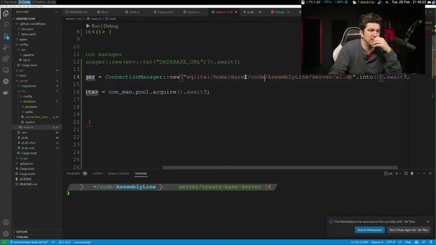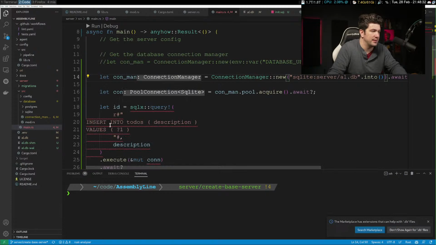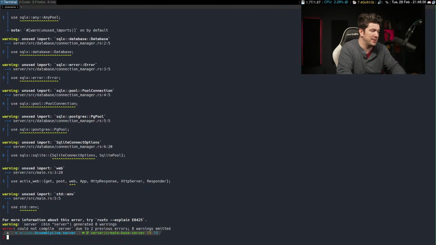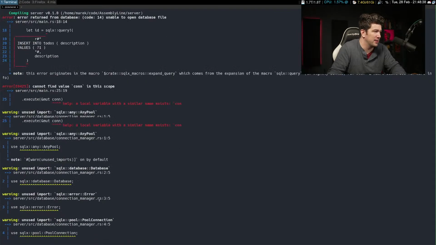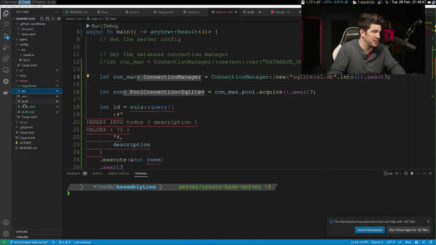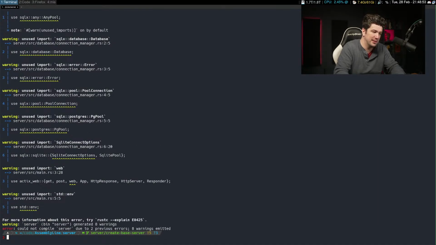We can do this, which would be the relative path to the build. That still errors. Actually, let's just try building. Maybe this is not a real error. No, it's a real error. Okay. Then we could remove this. So it's just in the server, which it is just in the server project here. Maybe that's the relative path it's going on. No.